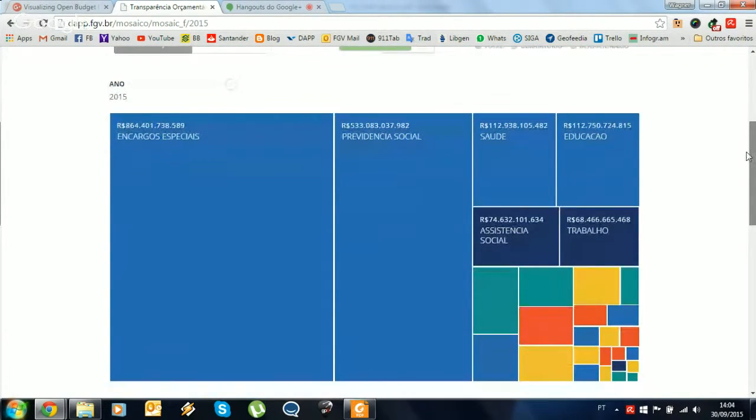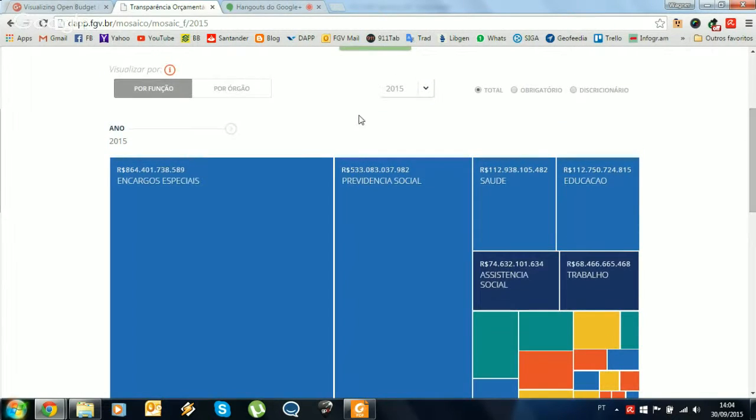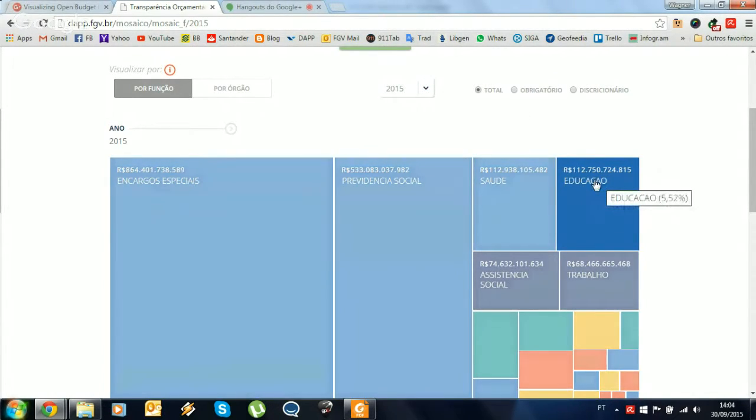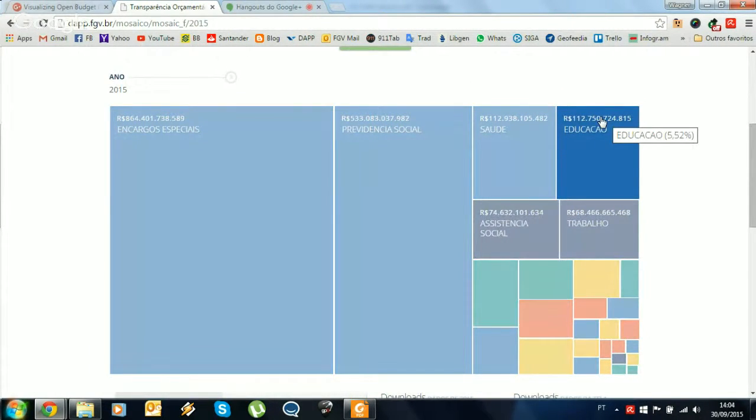So we have here, for example, education. We can know in 2015 how much money the government spent on education, and we can have a notion of proportion, like what is the percentage of education in the total budget? We have this information there.